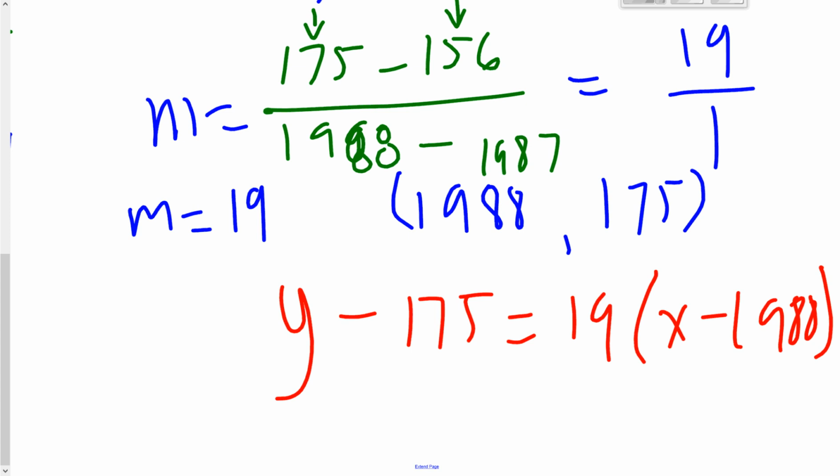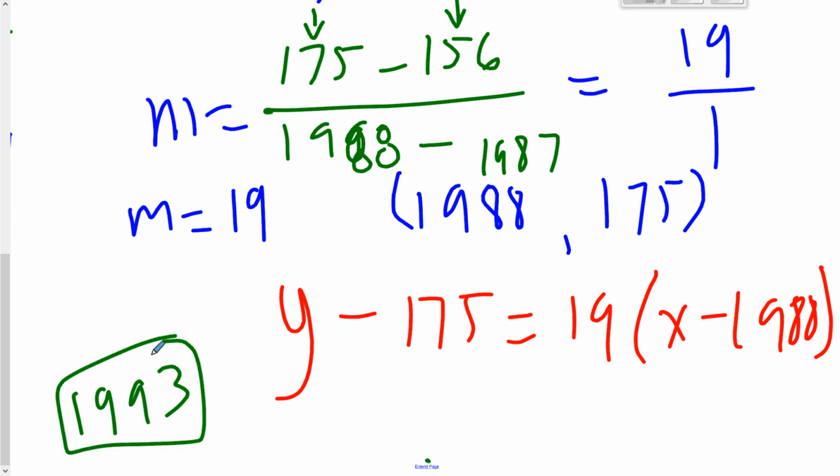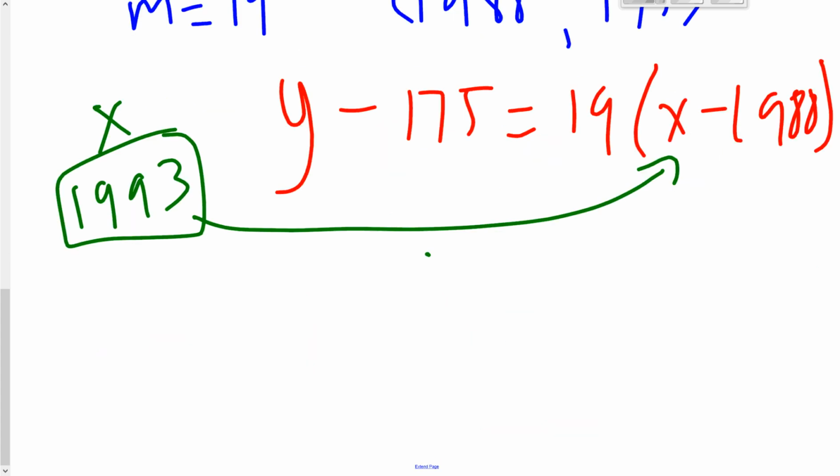Okay, here most likely you could leave it in this form, which is fine, but usually once they ask you to write a linear model, then they say, okay, what's going to happen in 1993? So this 1993 represents years, right? Wasn't that our x? So then I would take this 1993 and plug it into here and then solve for y. So in most cases you can leave it in that point slope form, but you'd probably want to solve it for y just because another question is probably going to ask you to enter in an x and solve for y. So you'd probably want to put it in slope intercept form, but it's not necessary here